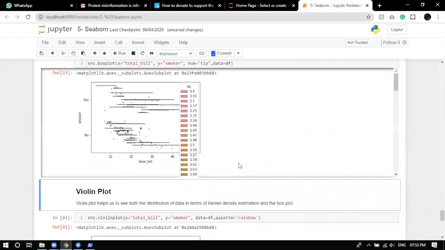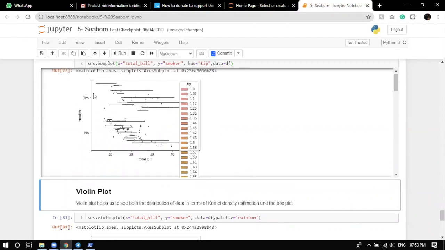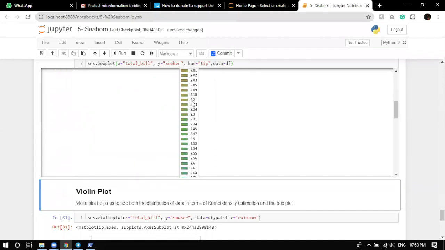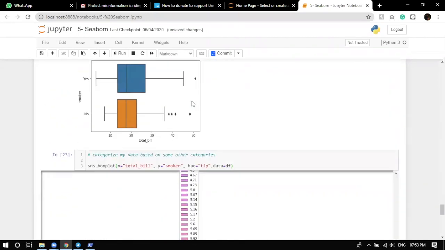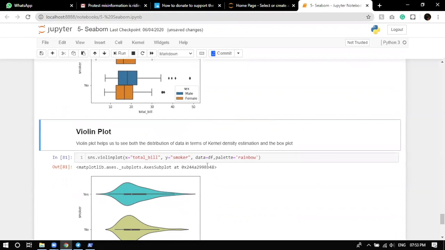Okay, I have a fast computer, I guess. So now you can see there are box plots for different values of tip which is present in the graph. And you know tip is a continuous value, so you'll have all the different box plots for tip of 0, 0.1, 1.01, 1.1 and everything which is present. So never give a continuous value in hue. Keep it always a categorical value.